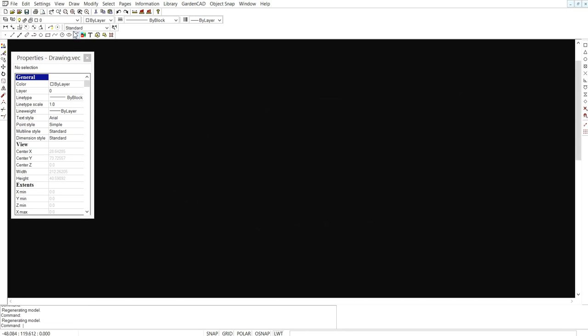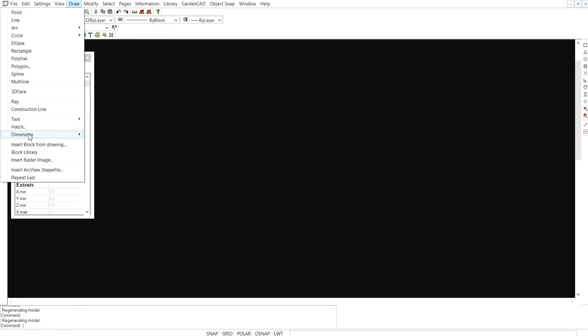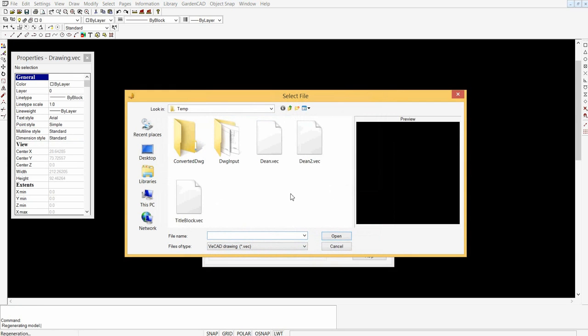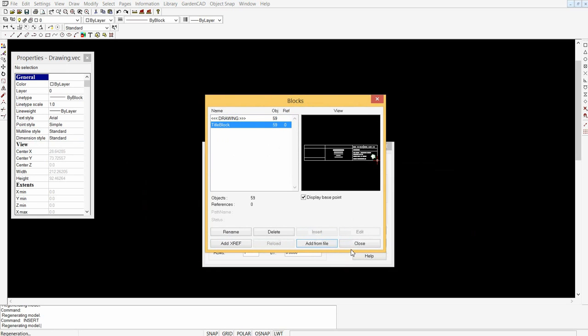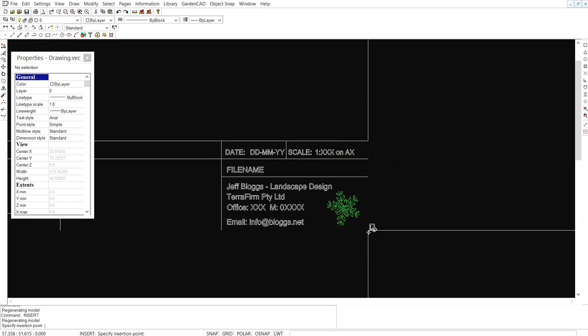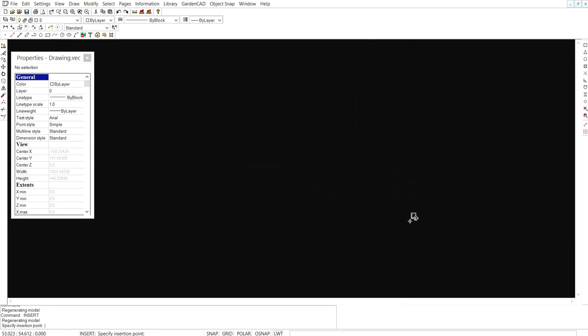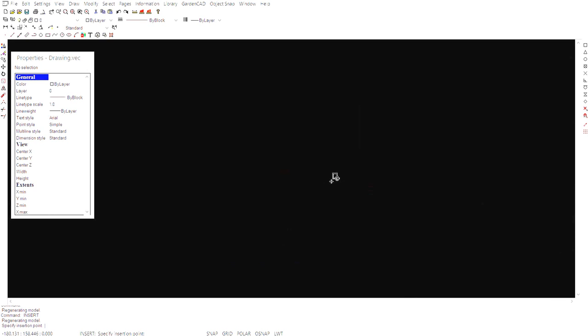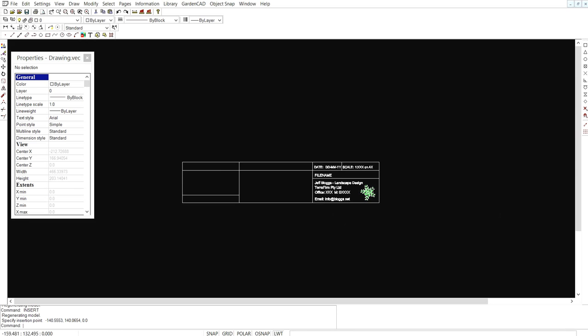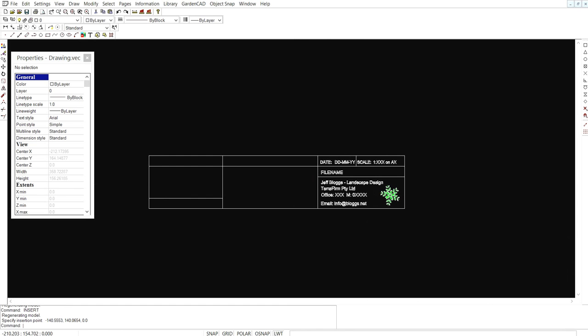So we're in a blank drawing here. We say draw, insert, block from drawing. That always gives us a chance to go to the blocks, and then we can say add from file, and here it is, title block, and we're going to close and bring it in. We'll bring it in at a scale of 1 and say OK. So in comes the block. It's anchored at the point we defined as 0,0 base point there,